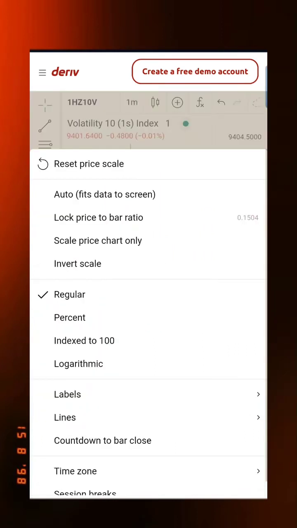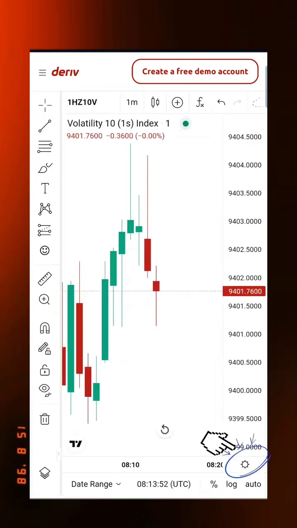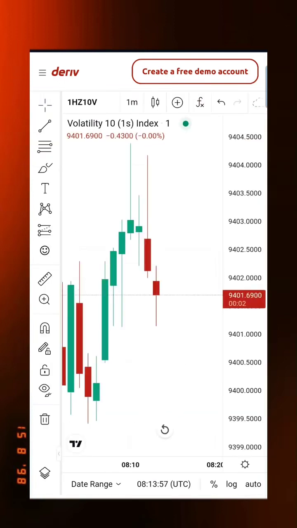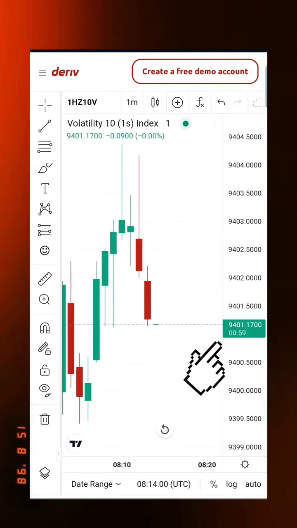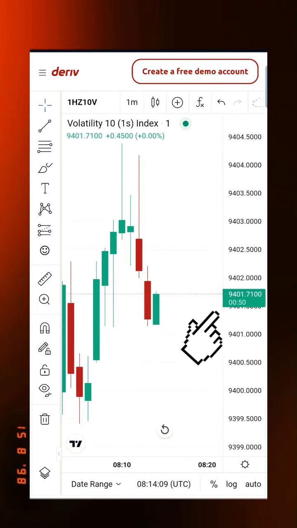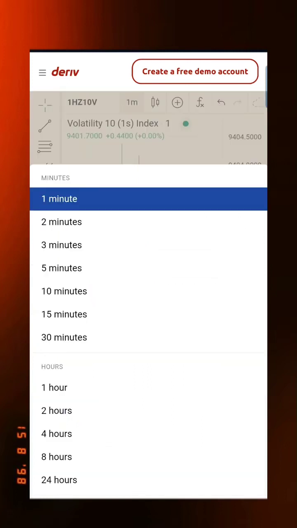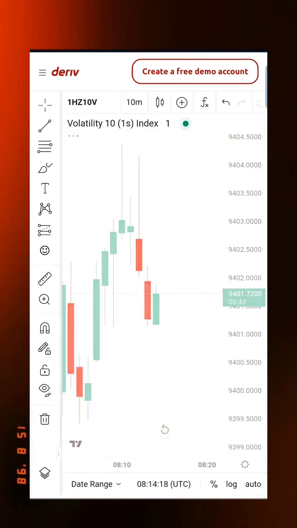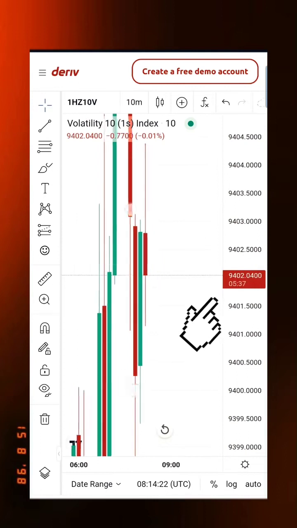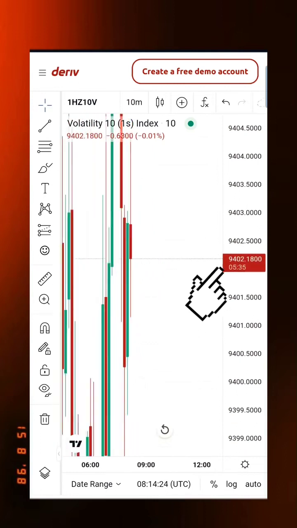The other thing I want you to turn on or off is this one. Go to the settings and turn on countdown to bar close. It will bring the timer over here so that you can know when the next candle will form. Since we're now on a 1 minute chart, this time is like, as you can see, 47 seconds, 46. But if I change this to maybe 10 minutes, you see the countdown timer will also change to a bigger number,